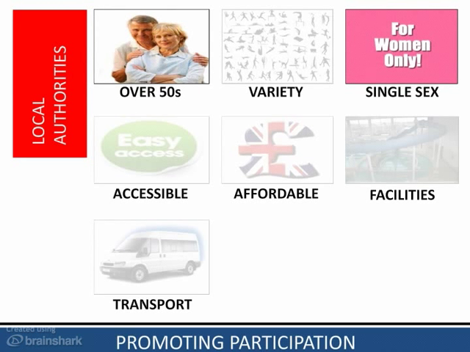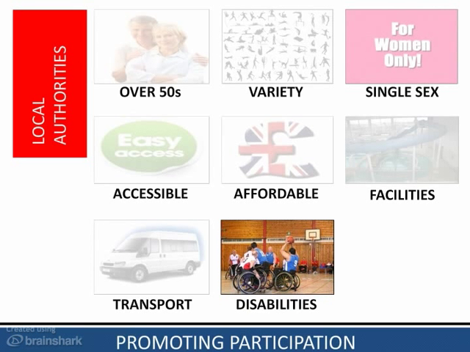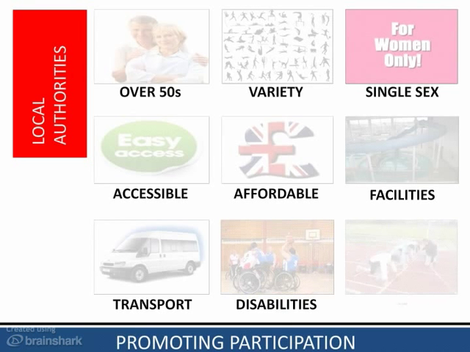Talking of elderly people, one of the things that local authorities might want to do is to target particular groups of people. And you can see here we're looking at perhaps people who are over the age of 50. For example, they might put classes on at the local leisure centre which are just for females. And these are key important things that the local authorities need to do, is to target particular user groups. With that also comes the concept of people with disabilities, and it's really, really important, it's vital of course, that there's equal opportunities and that local authorities are seen to provide the same opportunities for those with disabilities as well as able-bodied. So disability is really, really crucial.